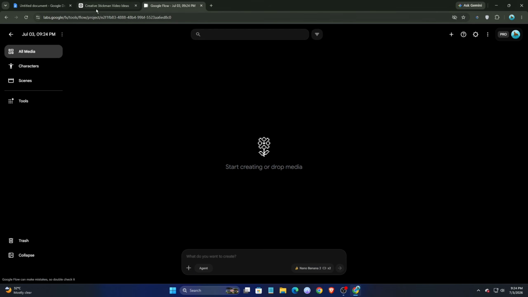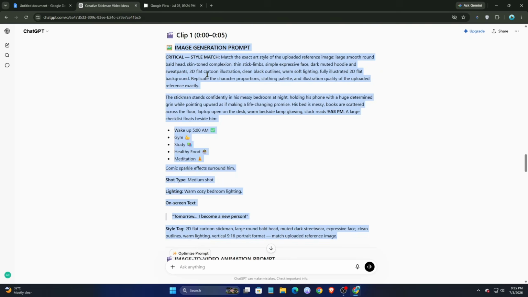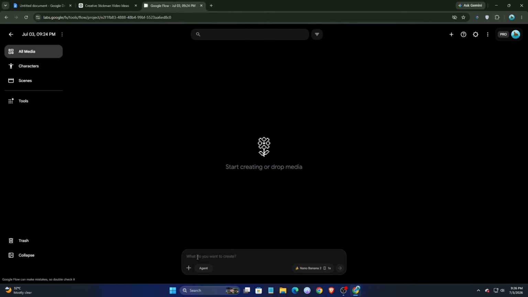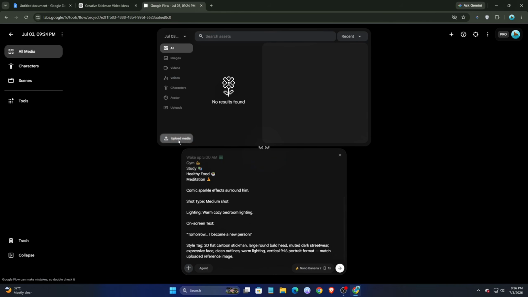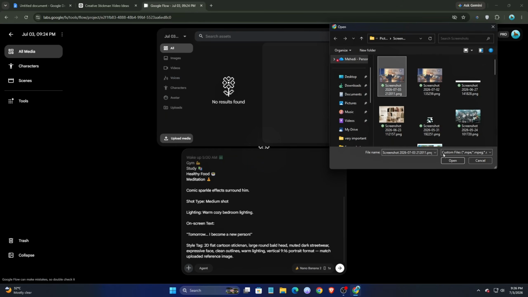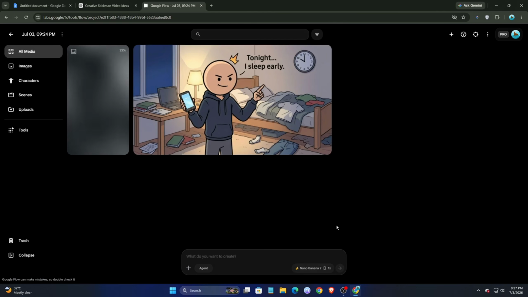Now, go back to ChatGPT and copy the image generation prompt. Then, switch back to Google Flow and paste the prompt into the prompt box. Next, set the image aspect ratio to 9:16 and choose Nano Banana 2 as the image model. After that, upload the reference image we saved earlier. Then press enter. In just a few seconds, AI will generate a high-quality Stickman image based on your prompt and